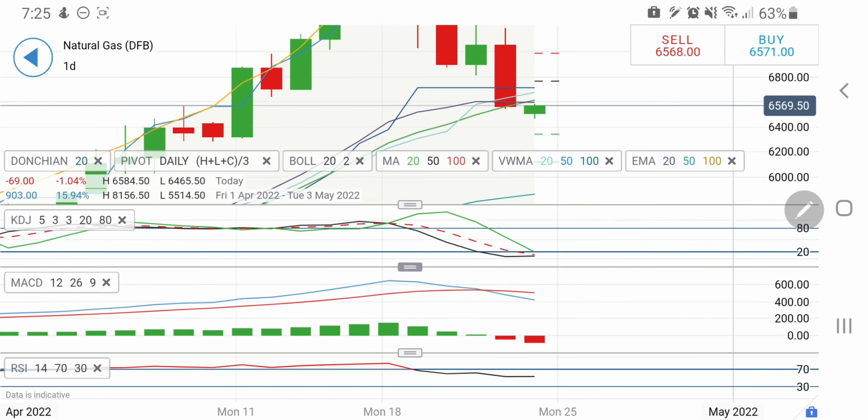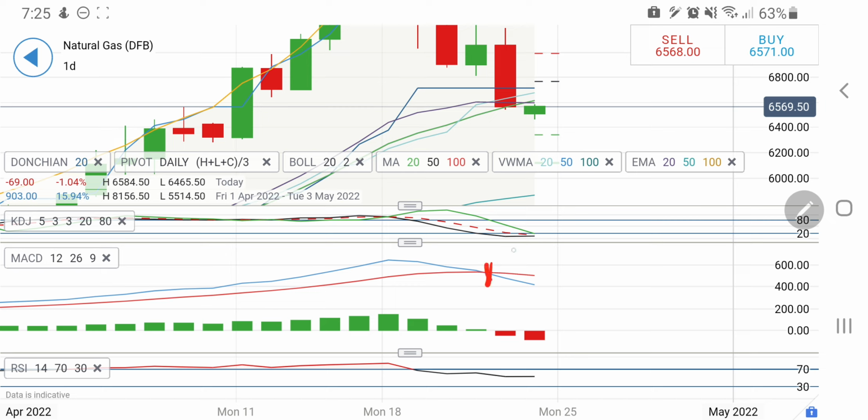Daily charts, stochastic trying to cross over here again. The MACD is still on sell. This is the second candle, and hence probably we may see a little more drop. So yes, a long beyond 6.62. However, the target is going to be 6.7, 6.8 levels, and from there also it can try to drop, but there is going to be stronger resistance at $7 levels, and from there also it can drop, if not today then tomorrow. However, today, yes, if you see it trading below 6.45, the next target is 6.4,